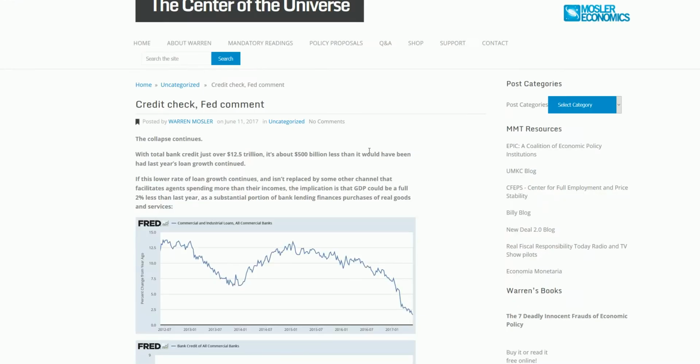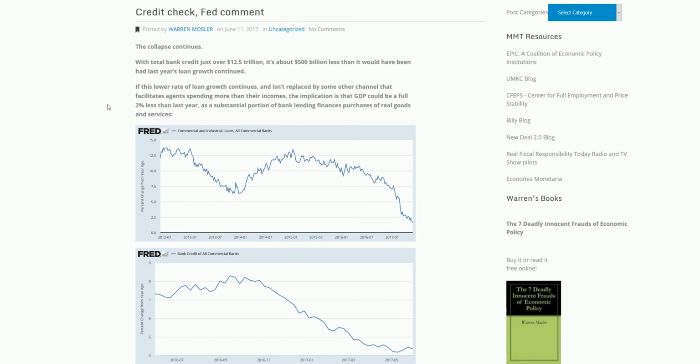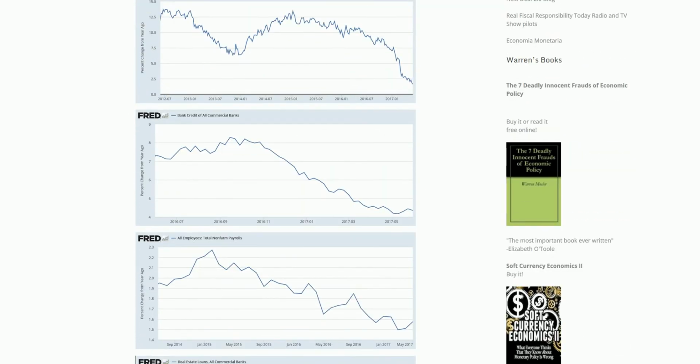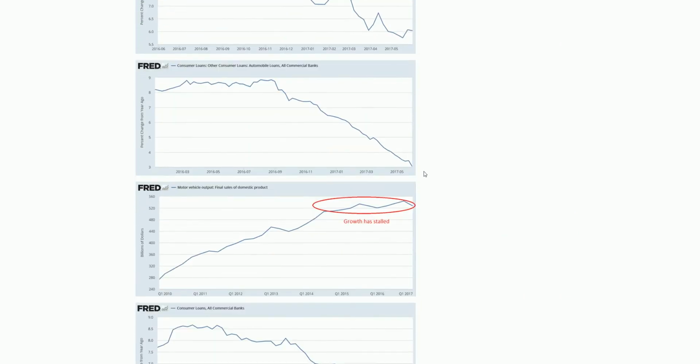Now, for you guys that come in here who are little MMT bots, who are going to sit here and recite MMT to me and think that you know what you're talking about, let's take a look at the credit chart from Mosler. Okay, very, very valid. Things are heading in the wrong direction, right? Down, down, down, and so on. Okay, this is very valid. But,